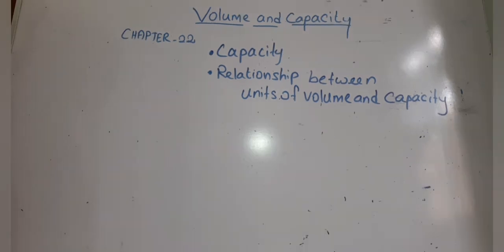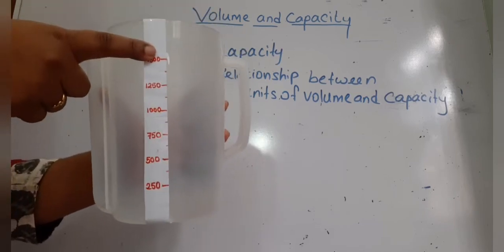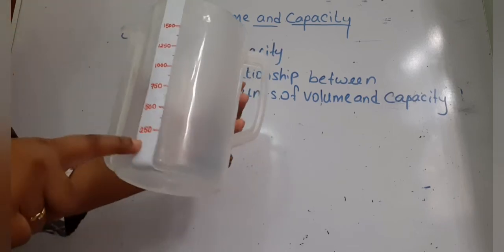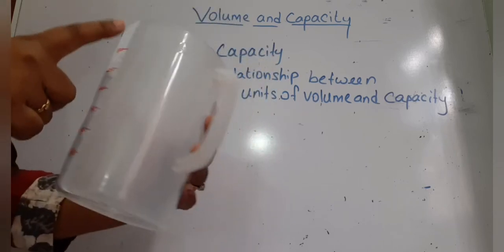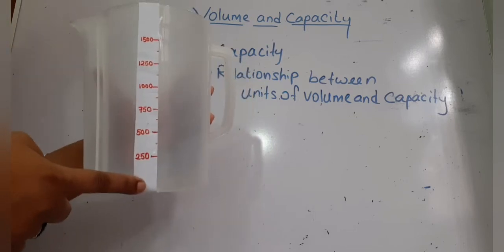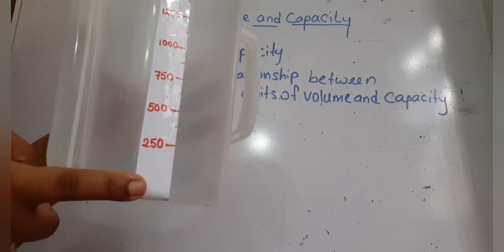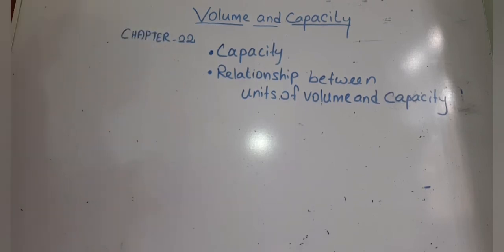So in order to explain the difference between volume and capacity, I am going to show you something to make this easier for you all. So I do have a container here. I have labeled it with the measurement of this container. That means starting from 250 and maximum is actually 2000 milliliters, which is 2 liters. So this is given in milliliters actually. So I'm going to pour in some liquid into this.